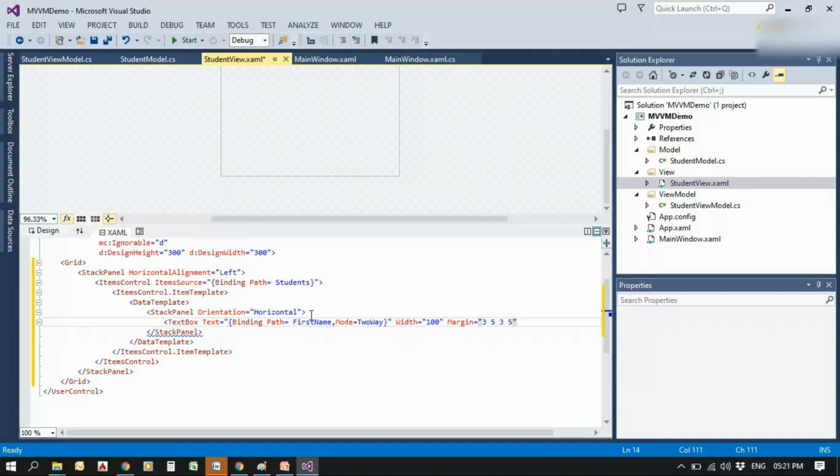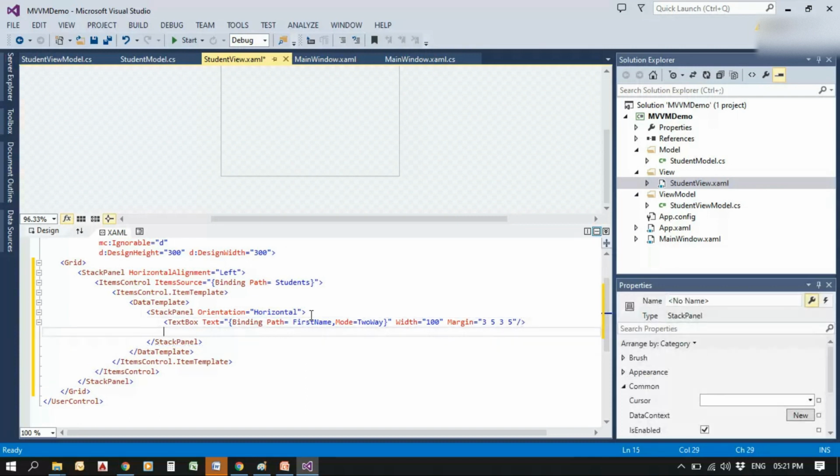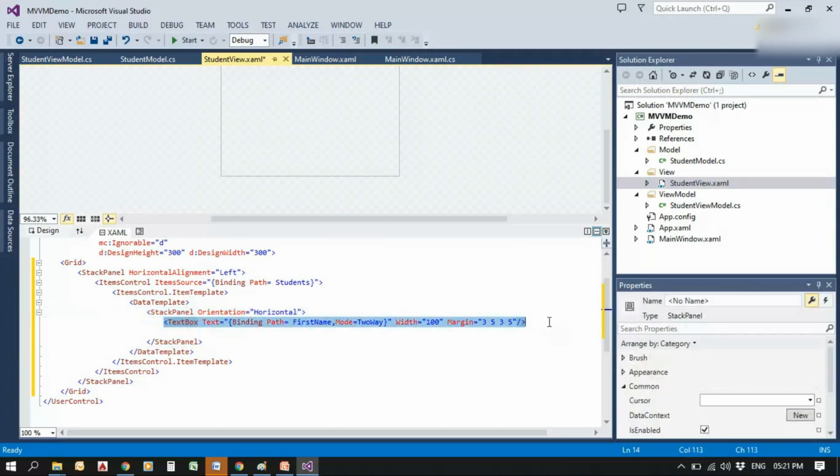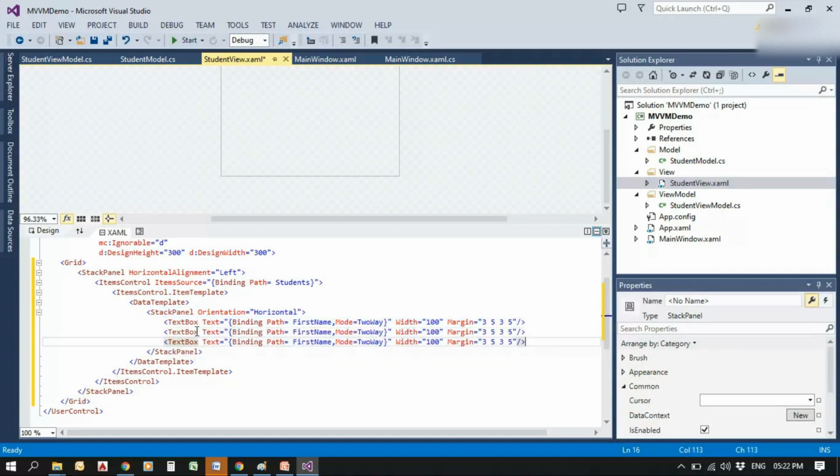So give all the elements, and this first name path is the name first name we are using in the model, which is the private string.